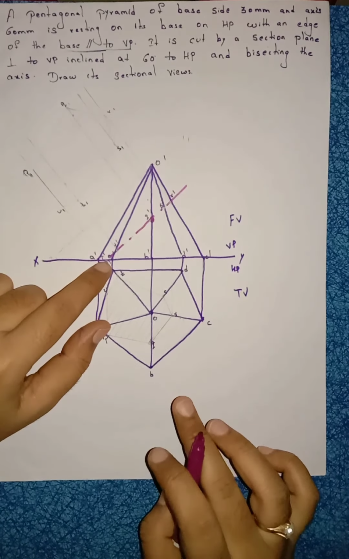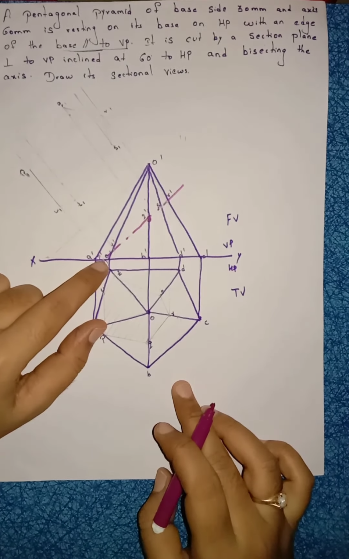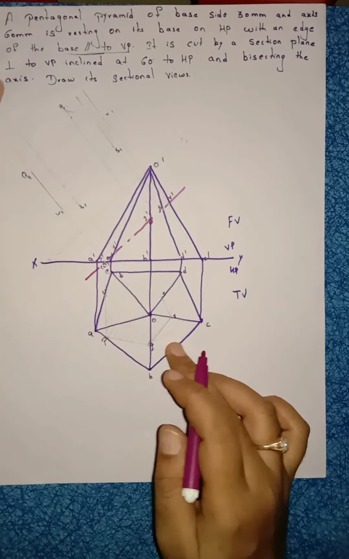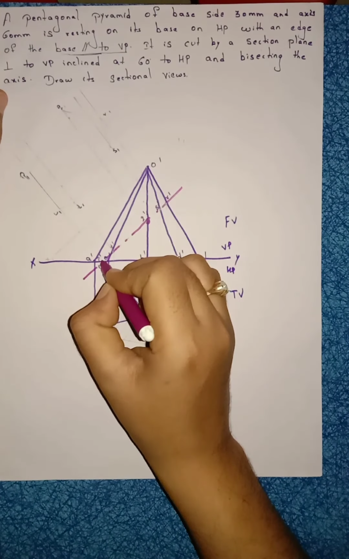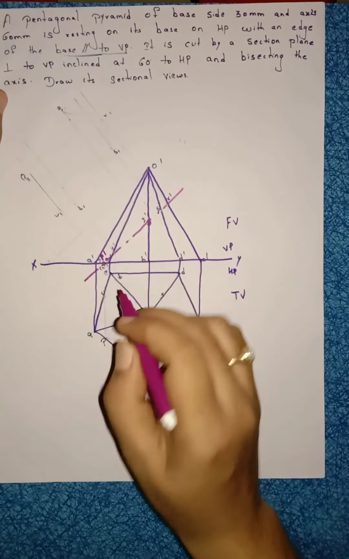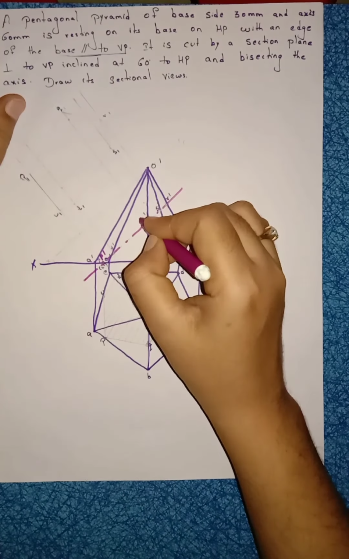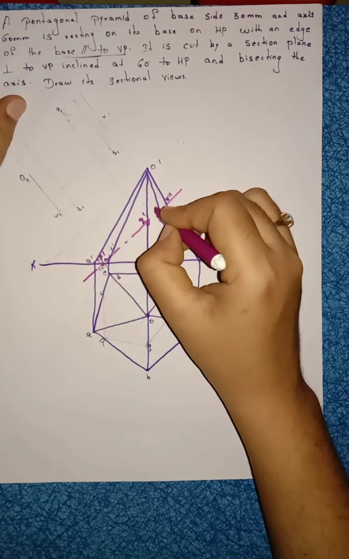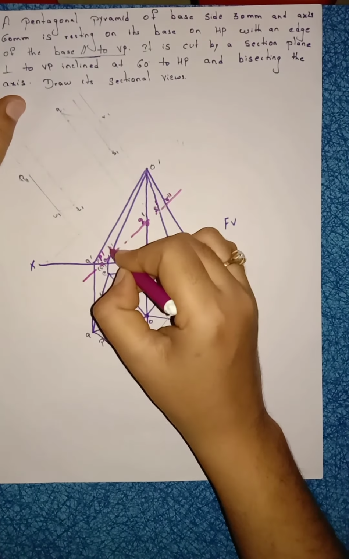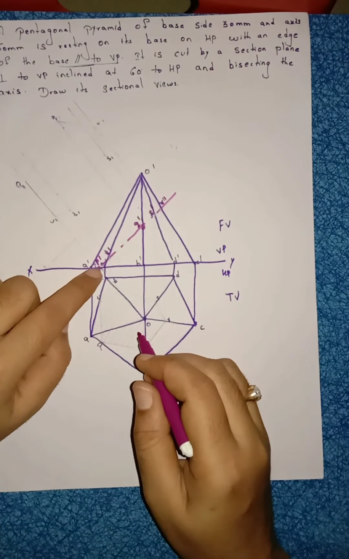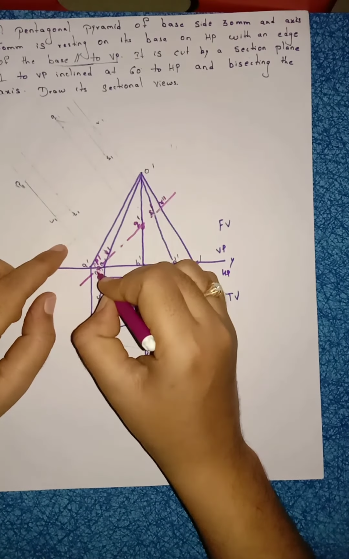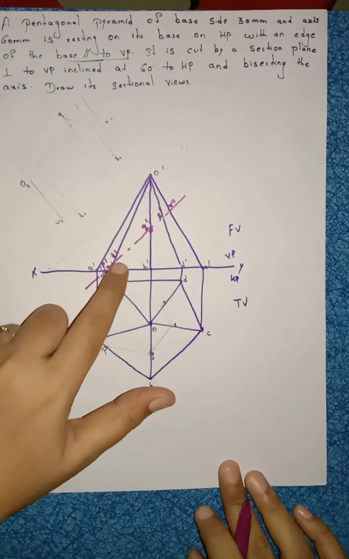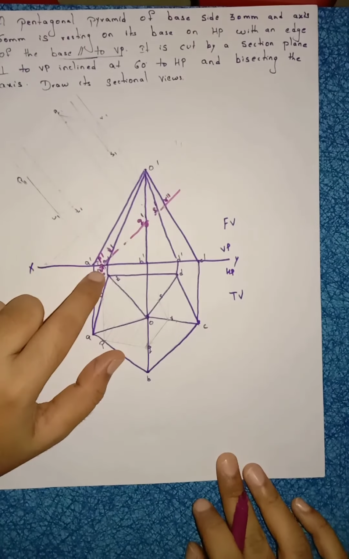So, the sectional plane is touching the base point here. You have to mark 2 points. We will see how to mark the points. This is in between A dash to E dash. First we will mark the point. Start with P point here, name it as P dash. For B dash, name it as Q dash. For C dash, R dash. For D dash, S dash. For E dash, T dash. On the baseline, we gave only one point, P point. Mark U point also here. P, Q, R, S, T and this is U here.